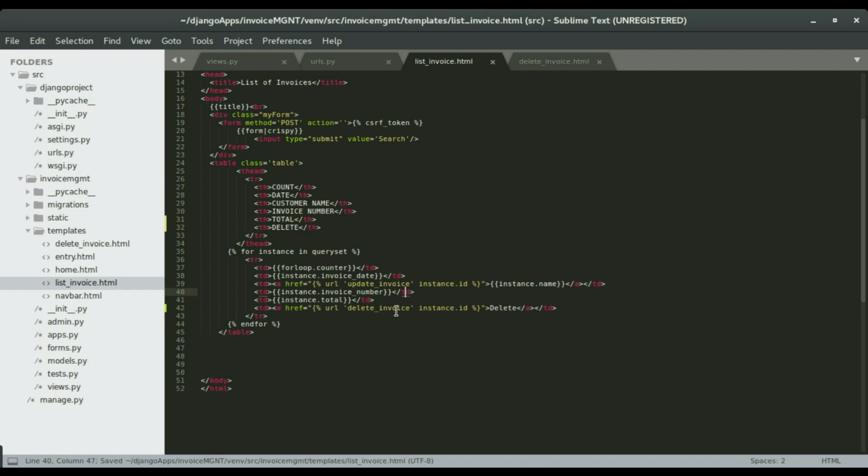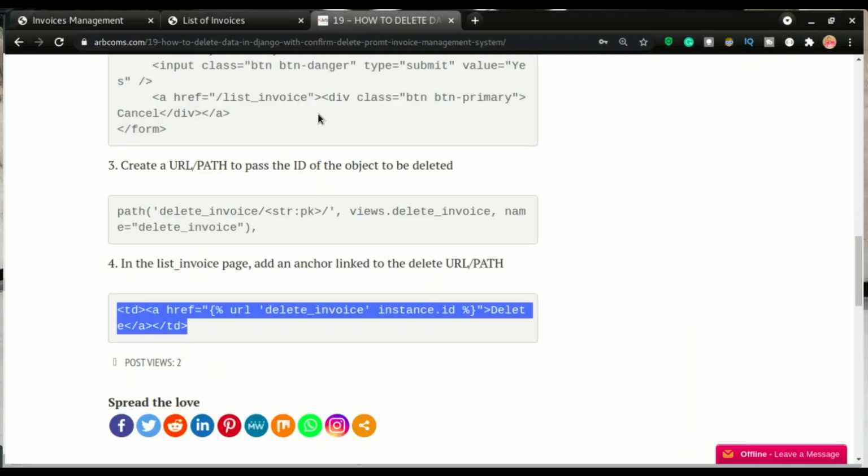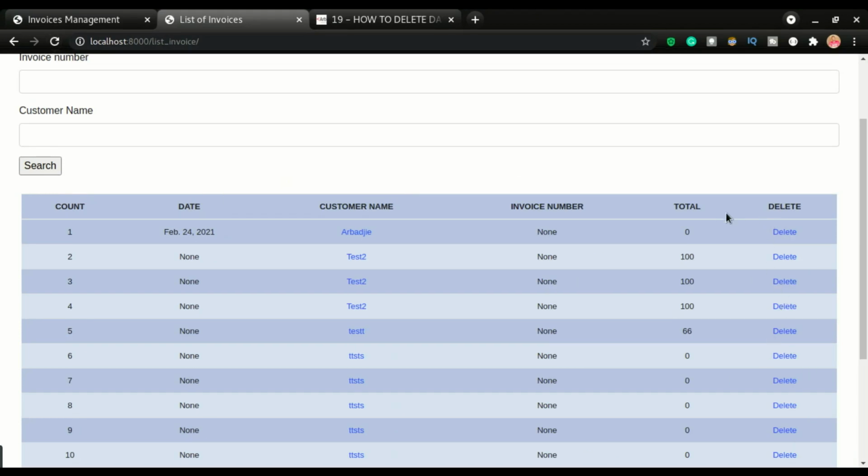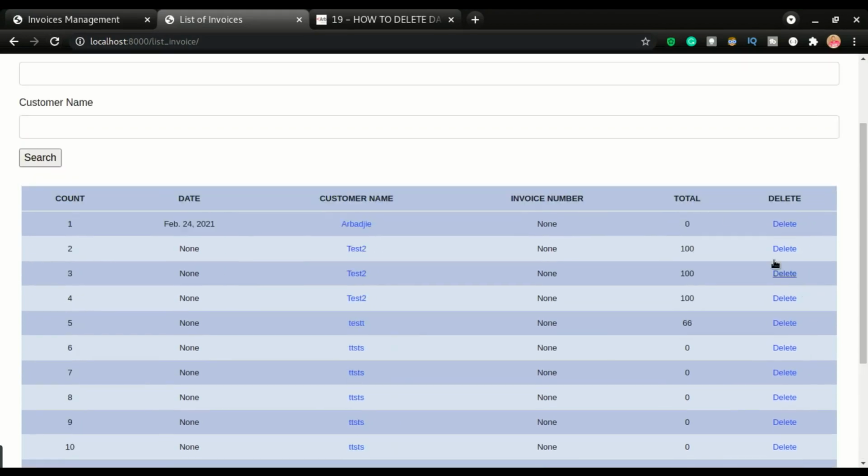So this is the URL that is going to pick the ID, the instance.id. It's going to pick the instance ID, and that's the pattern. We're going to have url, and then in this string we're going to have the URL name. Then this will be the ID of the object that we are hovering on, or that we want to click on. Now if I open the app and refresh, you can see we have delete right after the total